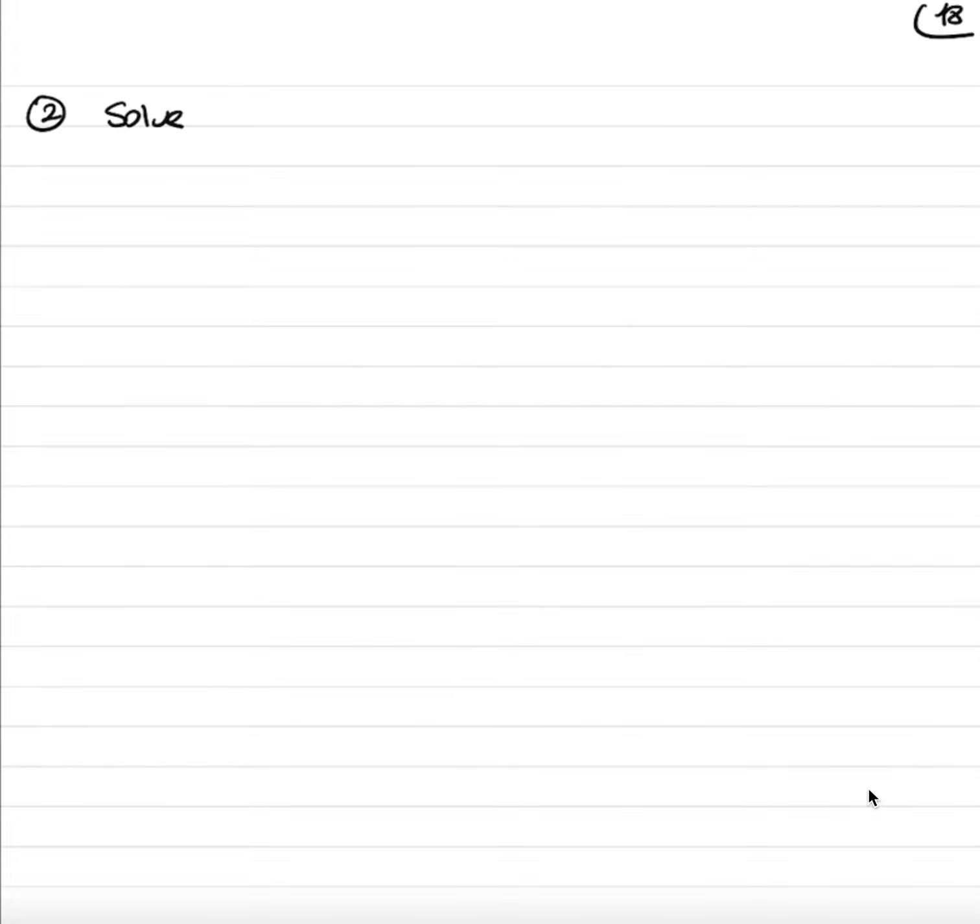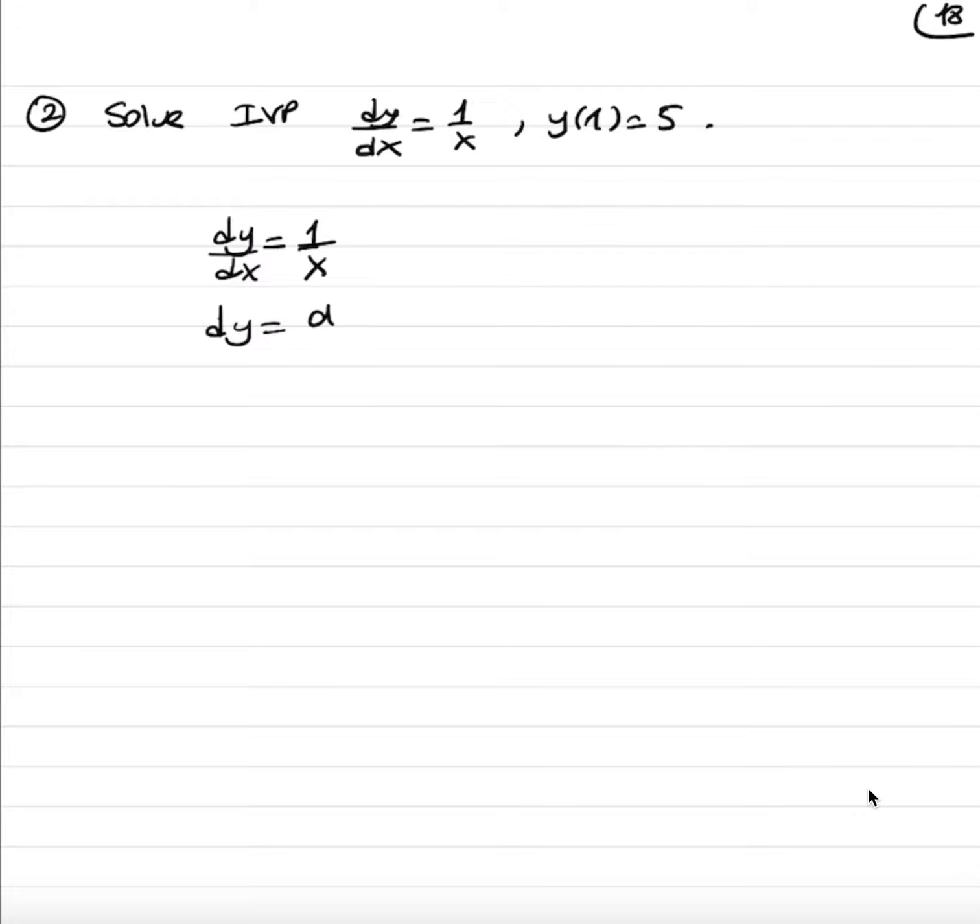Okay, solve the initial value problem. Dy over dx is equal to 1 over x, y(1) is equal to 5. So the condition is given as y(1) is equal to 5. Let's solve this. It is a separable differential equation. We can separate y terms to one side and x terms to the other side. So this is dy is equal to 1 over x times dx. So when we integrate